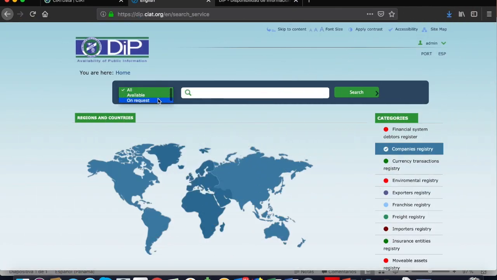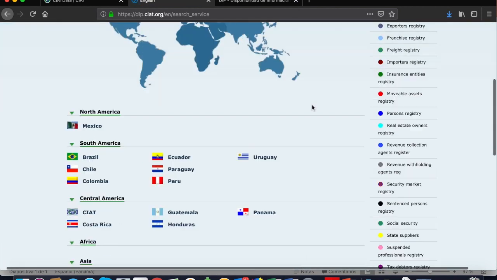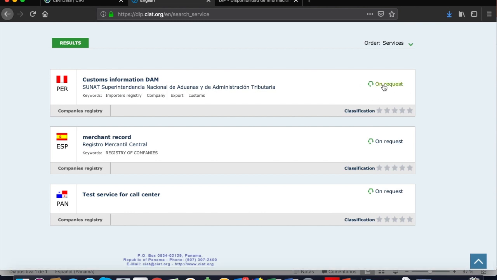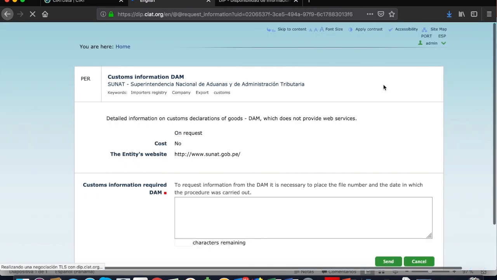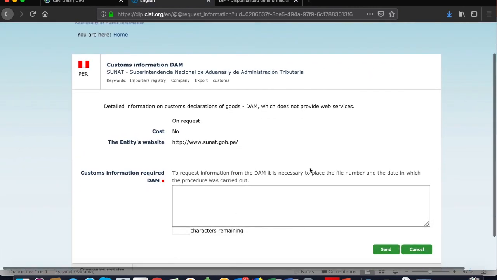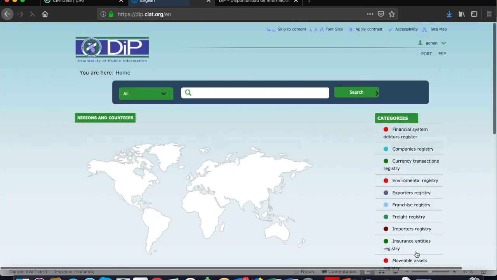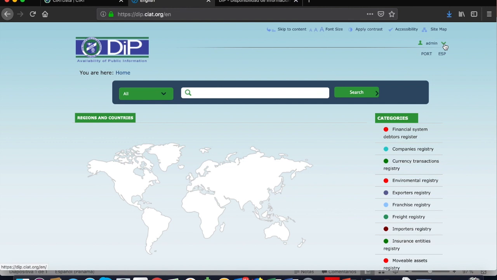In case that the source is not associated to a website, it will be necessary to ask for it to other tax administration. These services are identified by a kind of headphones. Clicking on the icon, a messaging system will be activated. The consulted country will look for the information, and will send it to the requester country. This messaging service is managed in the zone called a call center.